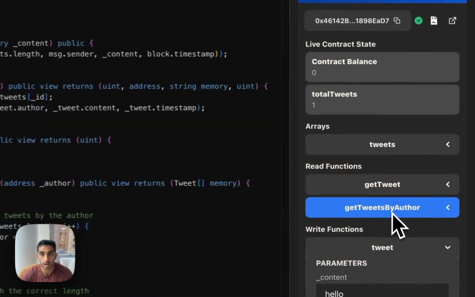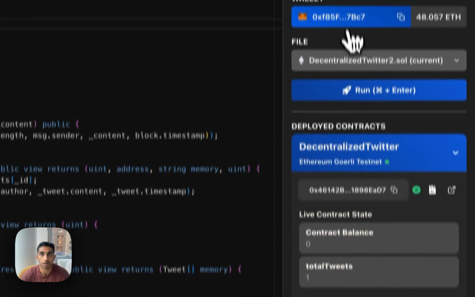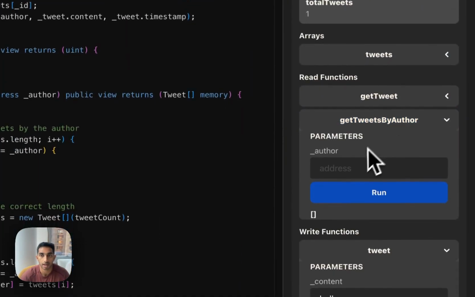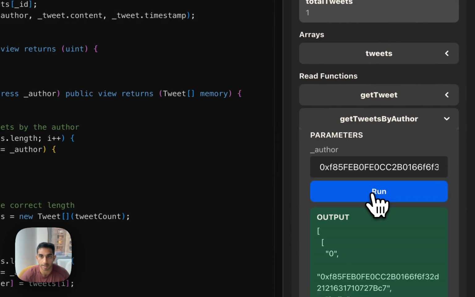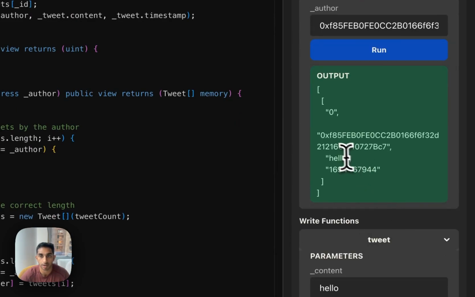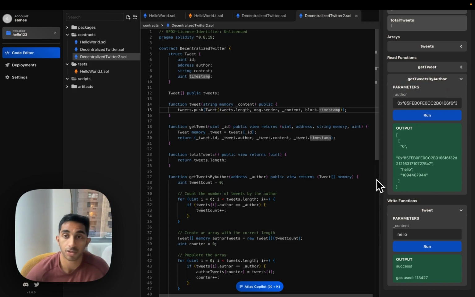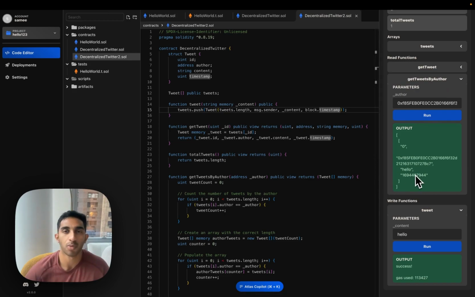We can now check out my get tweets by author function. We can get my address and get the list of tweets that came from my address. So here we can see this hello tweet that I just created, as well as the address and the timestamp of the tweet. So this is a pretty good tool for prototyping quickly, but what if we want to write